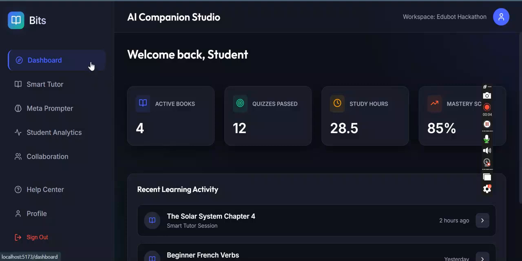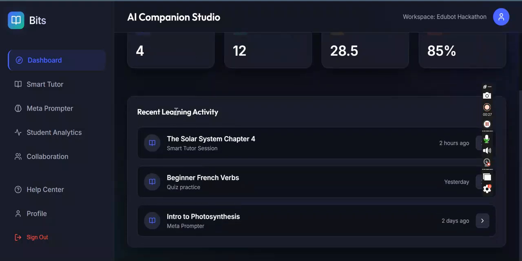Eliel and Gladys gave a presentation on our project work, and this is how the platform looks. So this is the dashboard. It gives a quick review of the student analytics. So we have active books, and then we have quizzes passed, study hours, and then the mastery score. So here you can see that we have recent learning activities over here just to show your recent activities